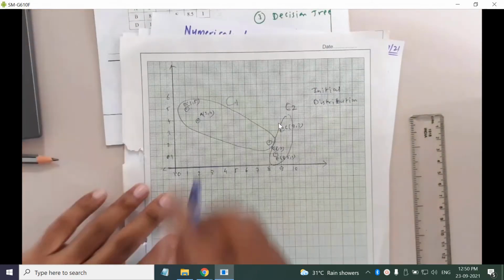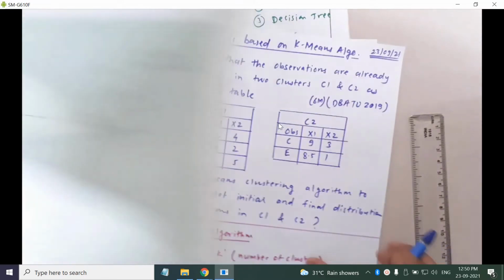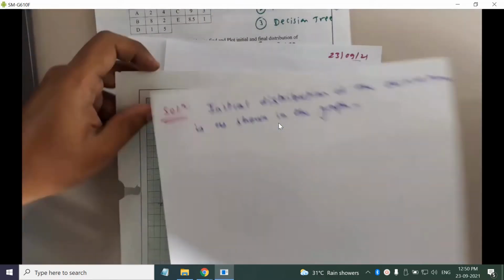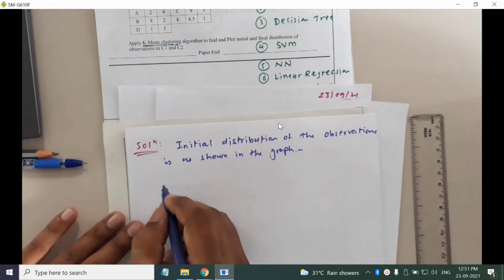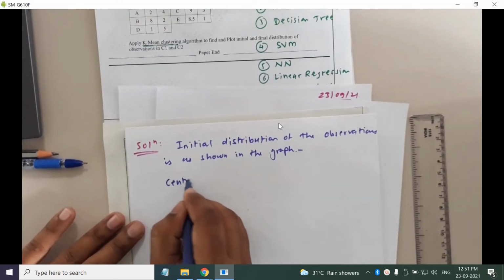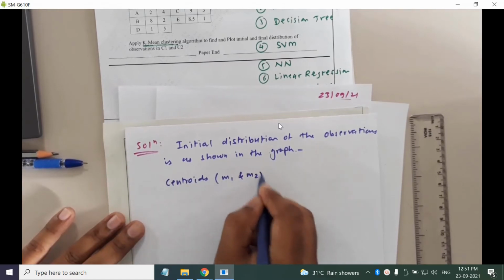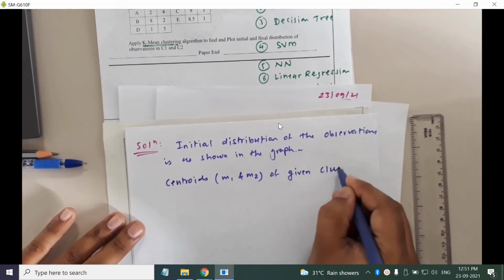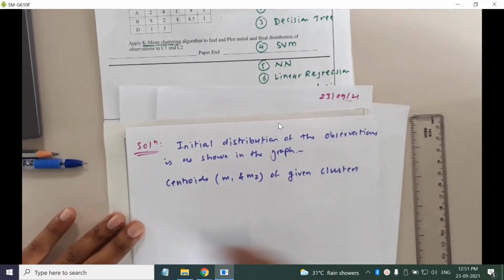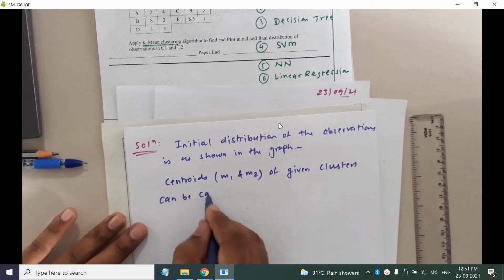ये जो क्लस्टर दिए है C1 एंड C2, इसका सेंट्रॉइड फाइंड आउट करते हैं. Okay, so centroids M1 and M2 of given clusters can be calculated as